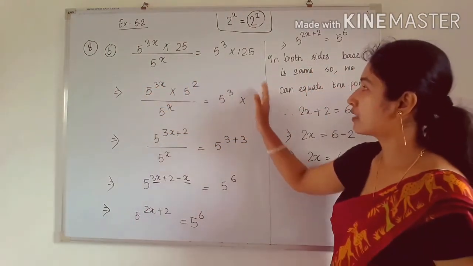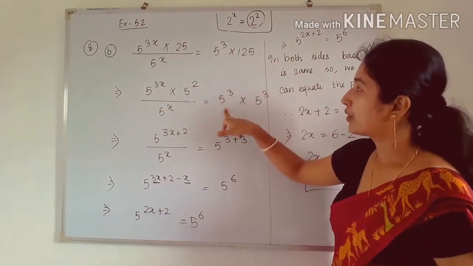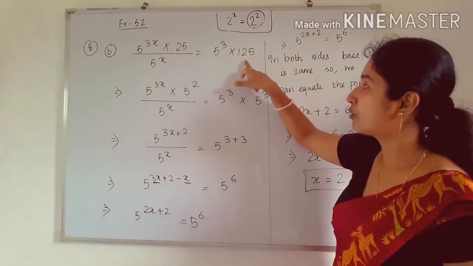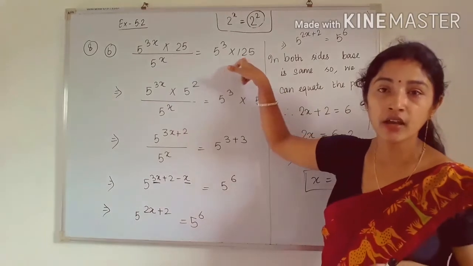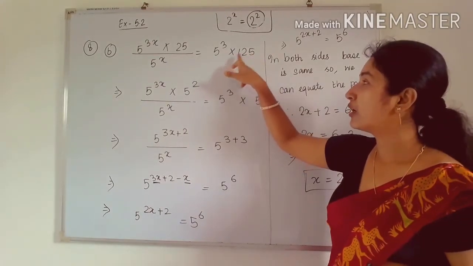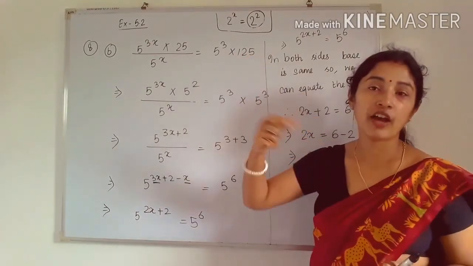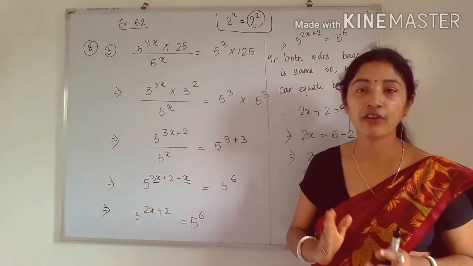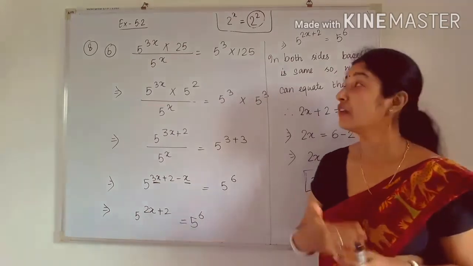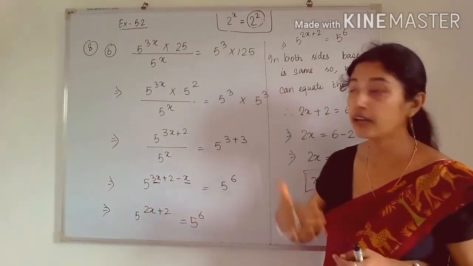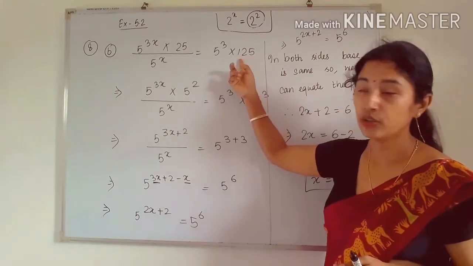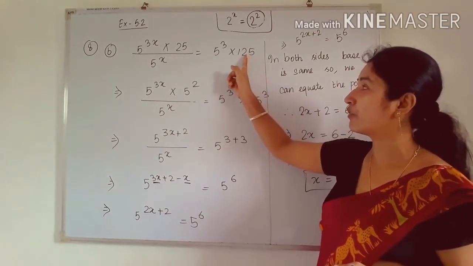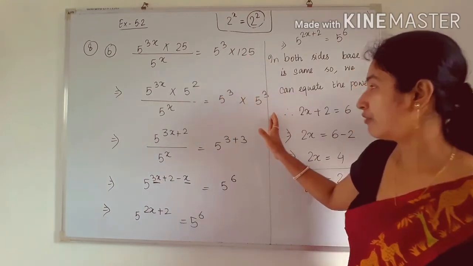Now come to the right hand side part. This is same. Now I am writing it in exponent form. So how to write it? Again I have to factorize. I have to see 125 can be written as the base of 5 or not. So I got 5 into 5 into 5. That means if 5 is multiplied 3 times, we get 125. So I can write 5 cube. Okay, 5 cube is equal to 125. So this is the completion of right hand side part.